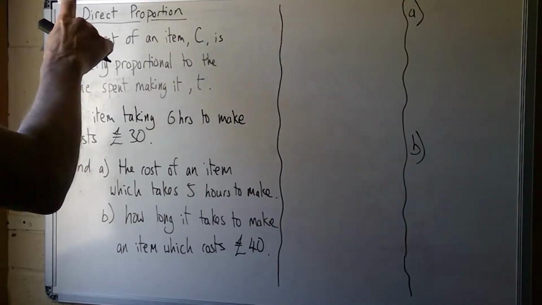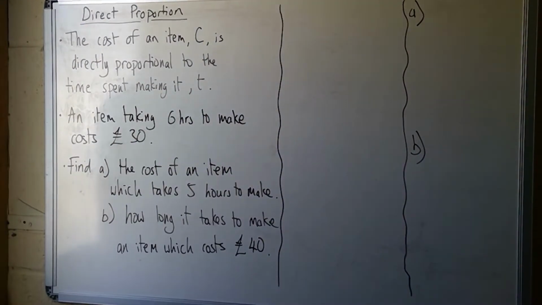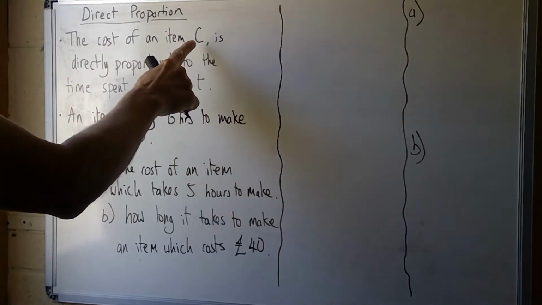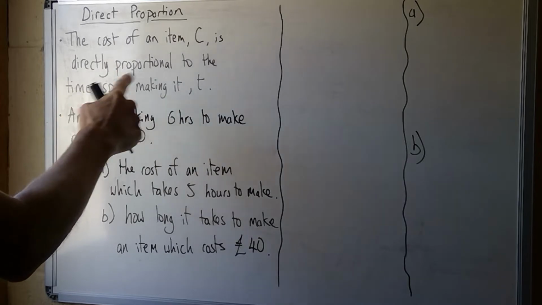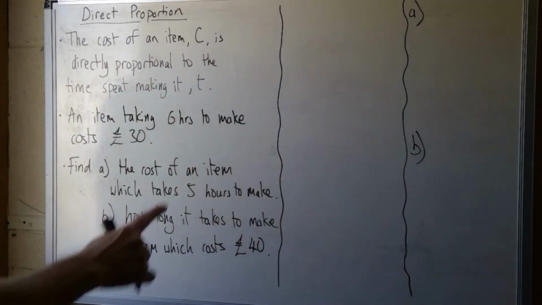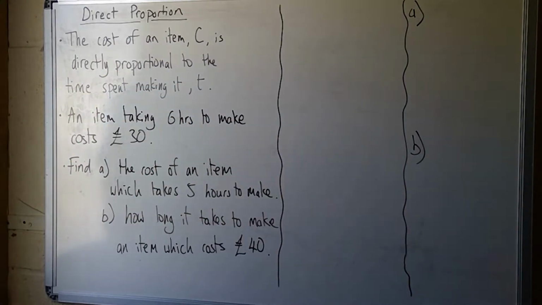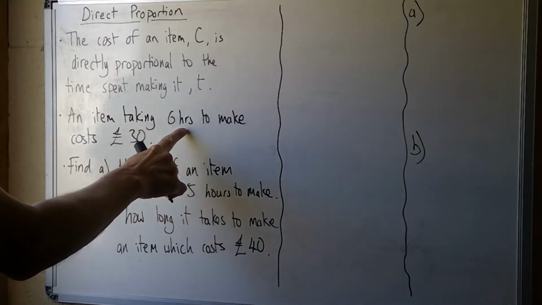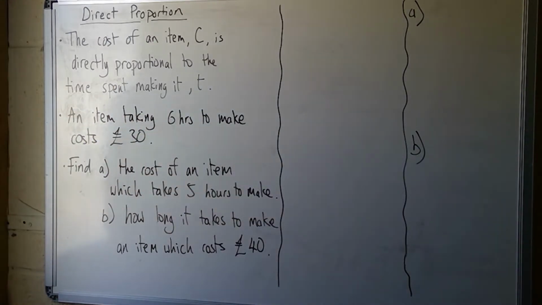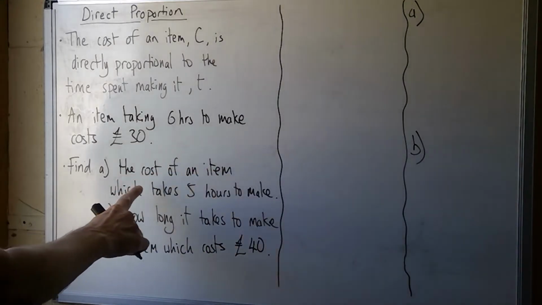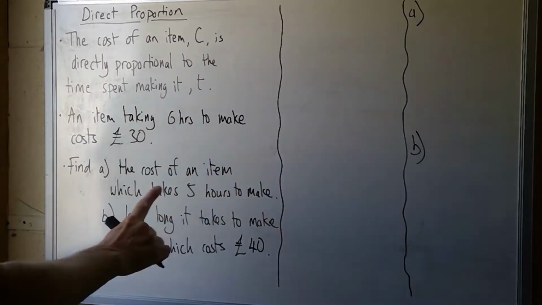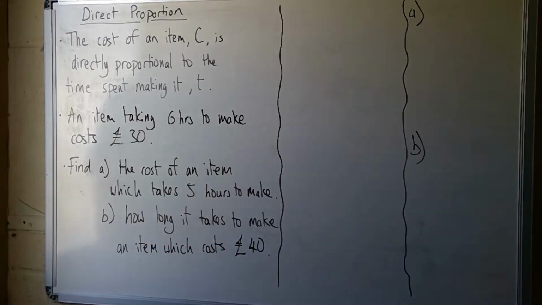Okay, today we're going to look at direct proportion, and to help us do that we've got an example here. The cost of an item C is directly proportional to the time spent making it, that we'll call T. An item taking 6 hours to make costs £30, and what we'd like to calculate is how much it would cost an item which takes 5 hours to make and how long it takes to make an item which costs